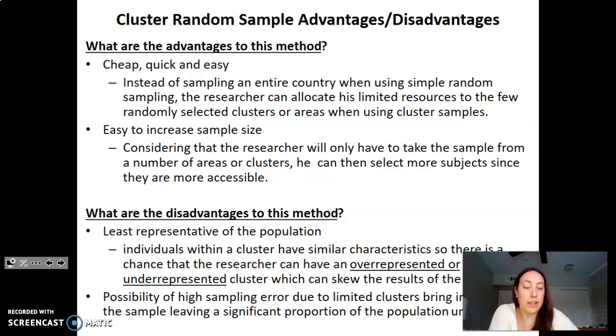There is a possibility of high sampling error due to limited clusters being included in the sample and leaving a significant proportion of the population unsampled. So it's really